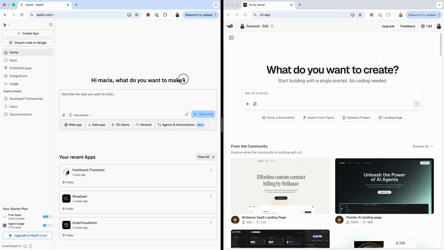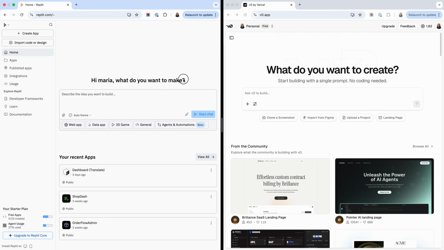Now, I want to give a little disclaimer here. When it comes to testing these products and giving my comparisons about these apps, I'm actually trying it from a very end user's perspective. I'm not doing some comparison on which model works the best, stuff like that. So I'm trying to stay away from that kind of comparison, and I want to give a perspective of someone trying to use these vibe coding tools for a simple use case of rapid prototyping.